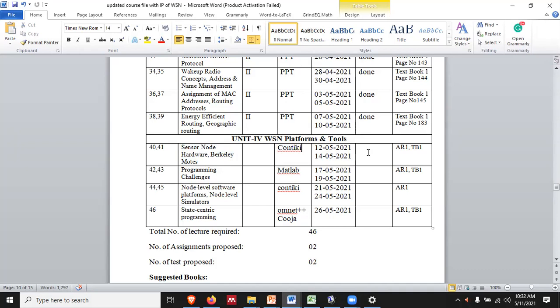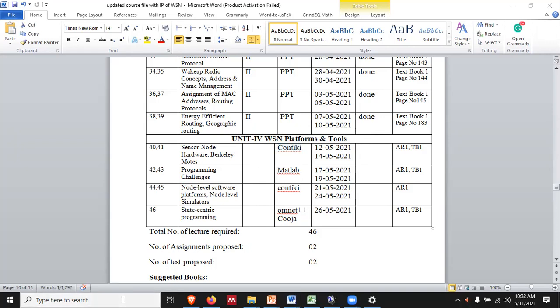And in this session, I will talk about what is Contiki, how you can install Contiki from GitHub, and then what other platform is required for a Unix based operating system or for a Windows based operating system, right? So we have two versions. We have a different version for Windows, and if you want to do this particularly for Windows, then we need one more intermediator, that is known as VMware, right?